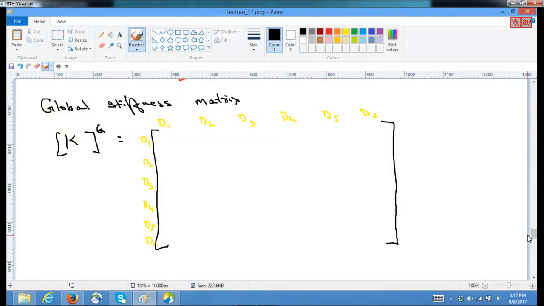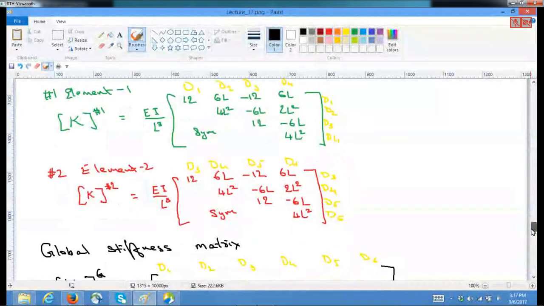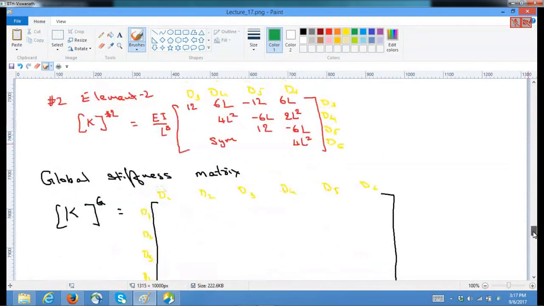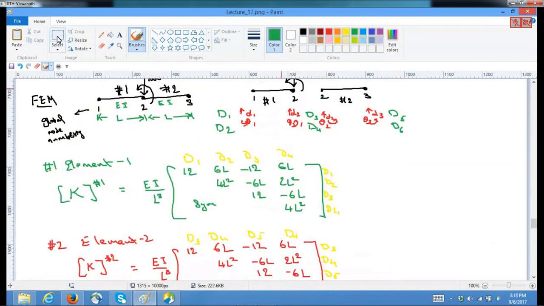Now let us see what are the contributions corresponding. From the element 1, so I have coming from D1 and D1, which should be, let's substitute coming from the element 1,